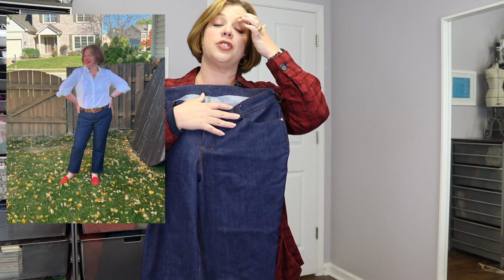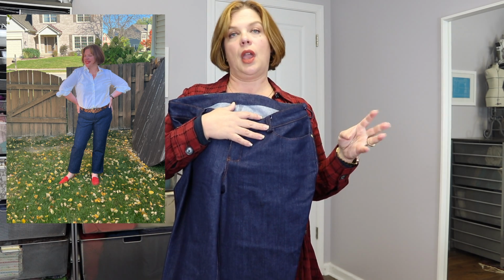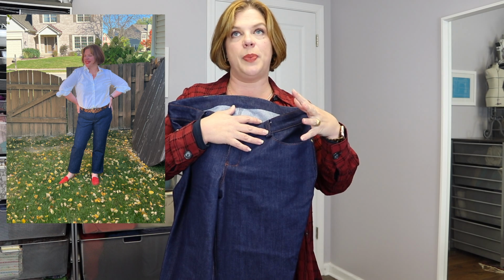So if you have a bigger difference between your waist and your hips, you would use the curved waistband, or if you're very straight through your waist and hips, you would use the straight waistband. Clearly I use the straight waistband. So on my first pair of testers, my muslin, I did the straight waistband,